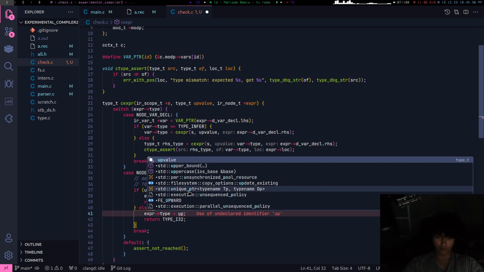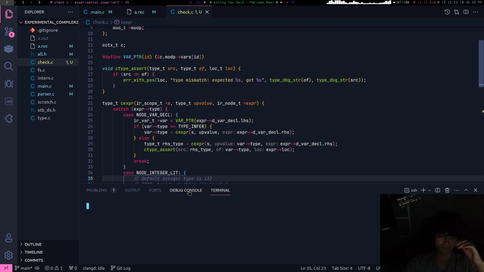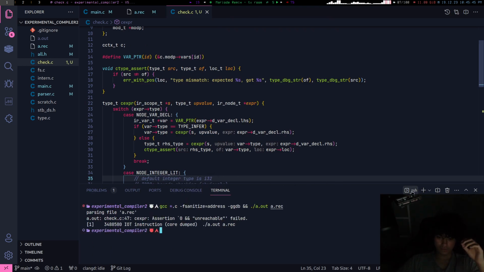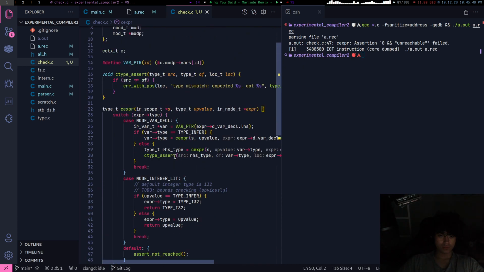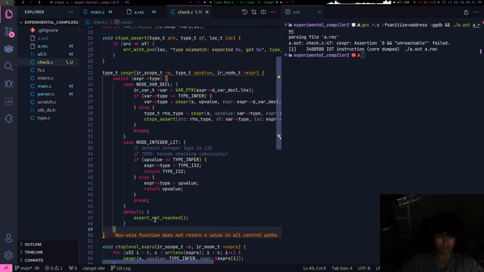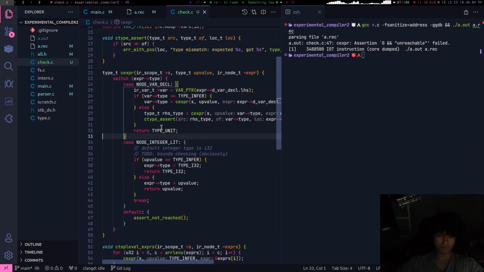So upvalue. Upvalue. Sure. Unreachable. It was supposed to return. Was it return? Return that unit.